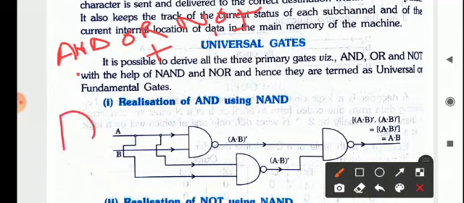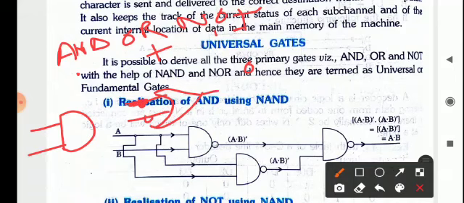For AND this is the symbol, and for OR it is quite curved, like an arrow, and NOT is a circle that is attached either to an AND or OR gate. AND is a binary operator, that is at least 2 inputs are required. OR is also a binary operator, it also requires at least 2 inputs, and NOT is attached. For example, here I am attaching this circle at B, so it will come A, and since it is an OR gate, so plus B NOT.